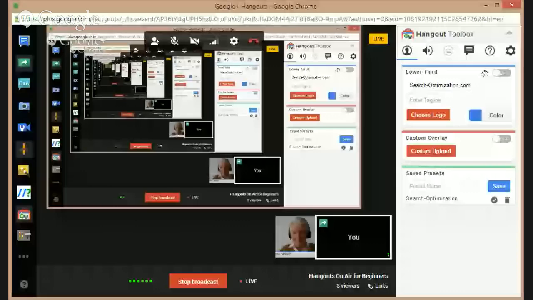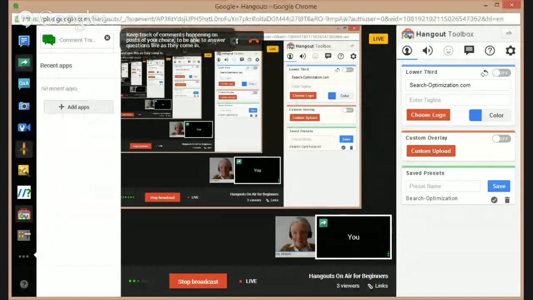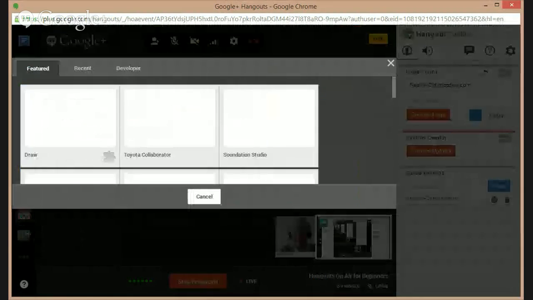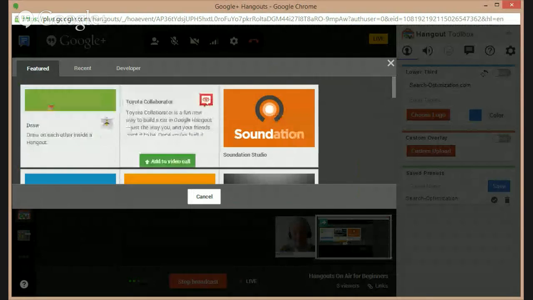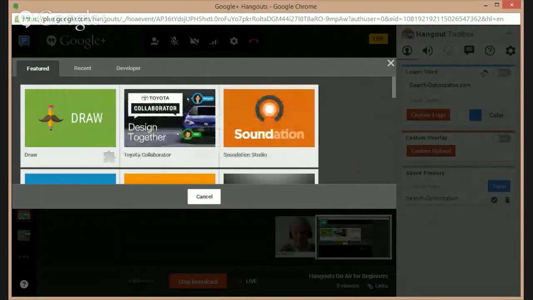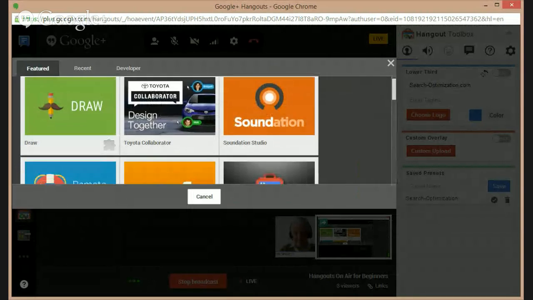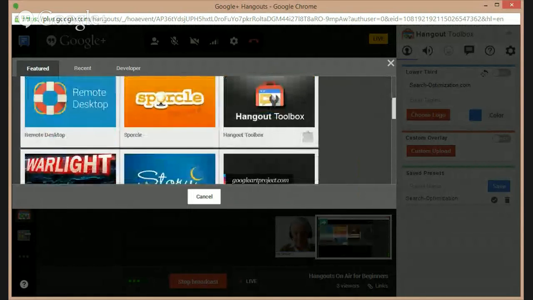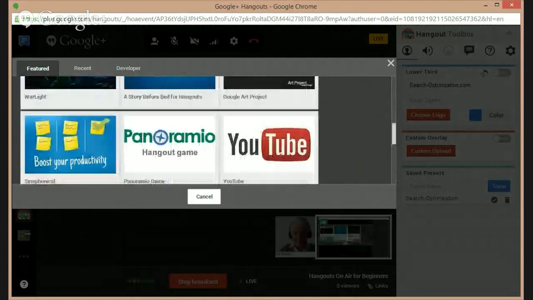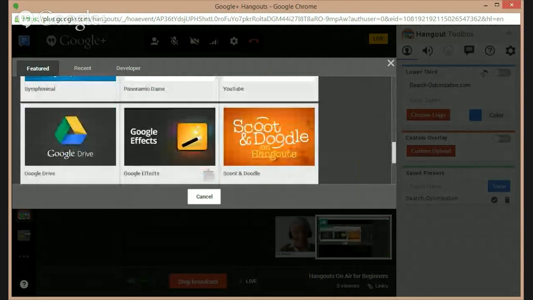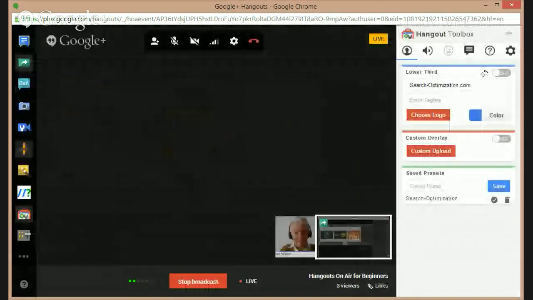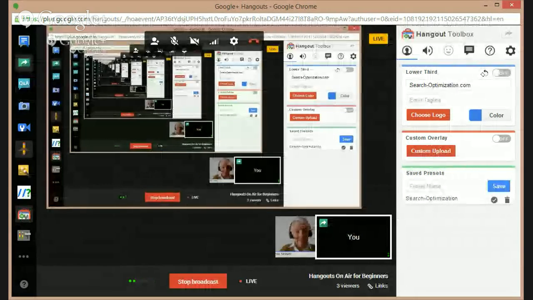On the left, if you go, here my echo happens again, but if I go to the left and I go all the way to the bottom, this comes up and I can add apps. So if I click that button, it gives me all kinds of apps to play around with. There's a whole bunch of things in here to play with and look at. Sound things. Just explore this area is what I'd say, and look for the different apps that can go with this. Because there's a lot of potential,